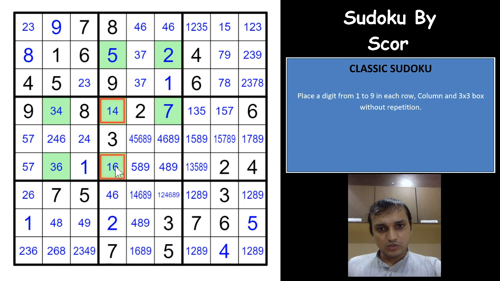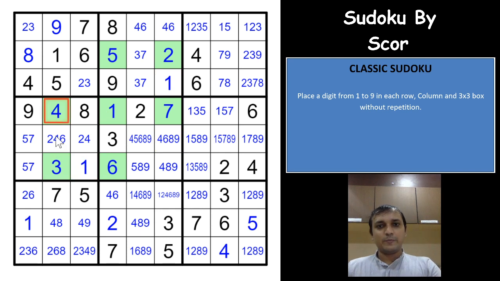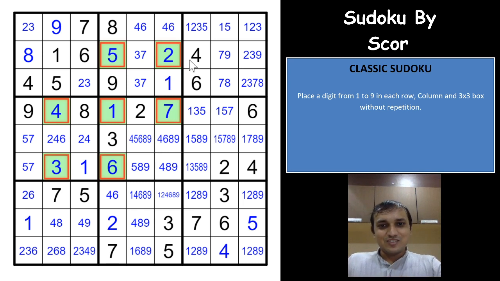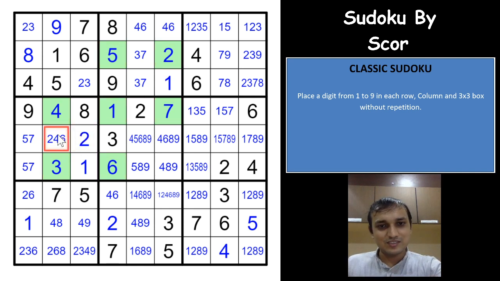1 in one of these two. Oh, so this has to be a 1. Sorry, this becomes a 6 because of the 1 here. That gives you a 3 here and a 4 here. Now if you see here, all of these green cells are excellently placed with a kind of an extra region Sudoku, right? So all of these cells are placed now, and this Sudoku becomes easy now. You can directly place a 2 here, a 6 here, a 3 here, a 2 here, a 6 here, a 3 here, and that actually solves this Sudoku, guys.